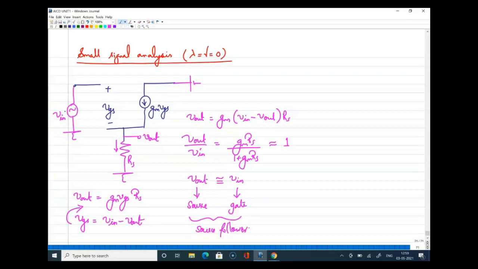All right. Now, just elaborating on this, we know that AV is GMRS by 1 plus GMRS. This can be further written as, by taking GM common, RS divided by 1 by GM plus RS. Now, what I'm trying to do here is, for every amplifier, whether it is common drain